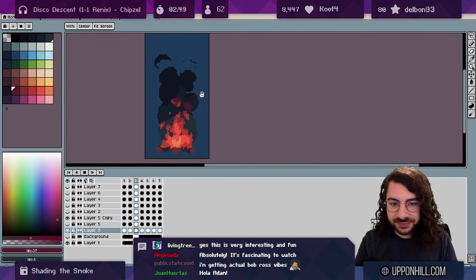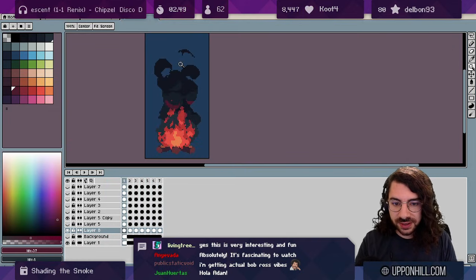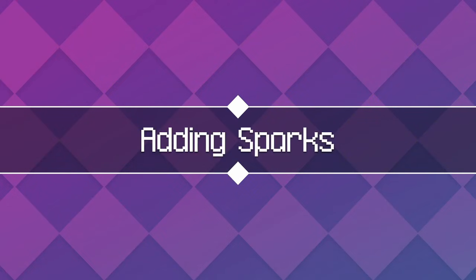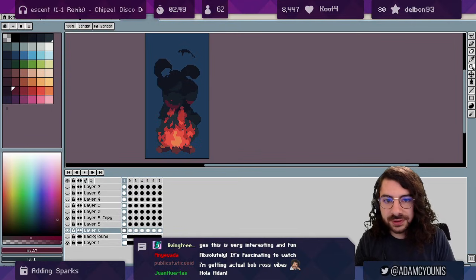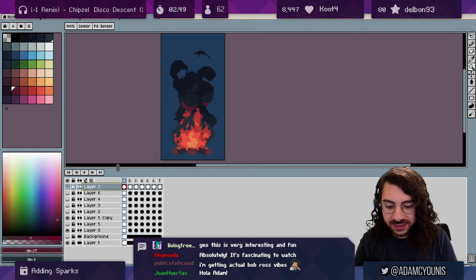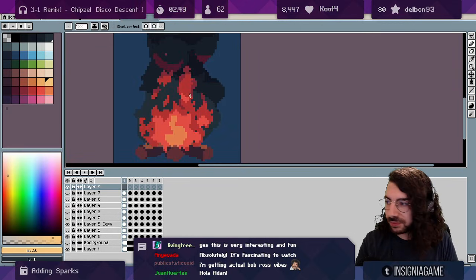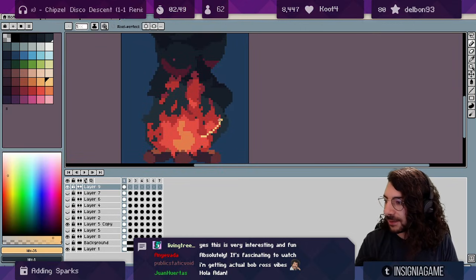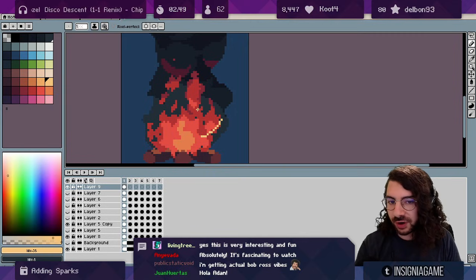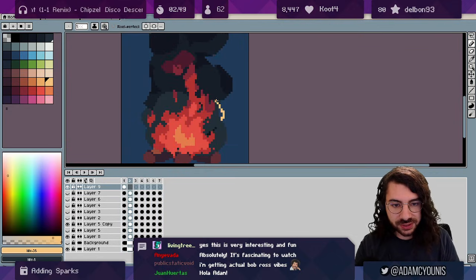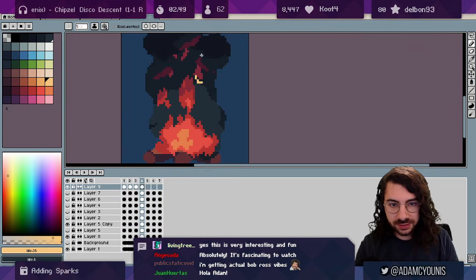Okay. The next thing I want to show you is the last step, and that is drawing sparks. So on a layer at the very top, I just want to take a really bright color. This process is we take a single pixel line and we just draw it like this, right? And we're just going to have our finger hovering over the forward key so that we can skip through the frames really quickly. And we're just going to draw some lines